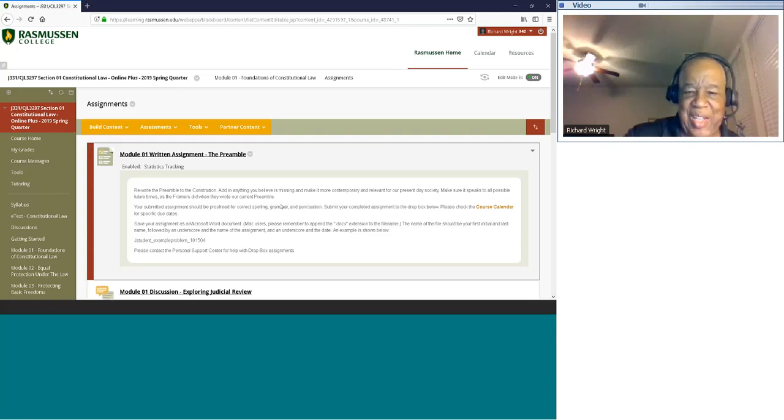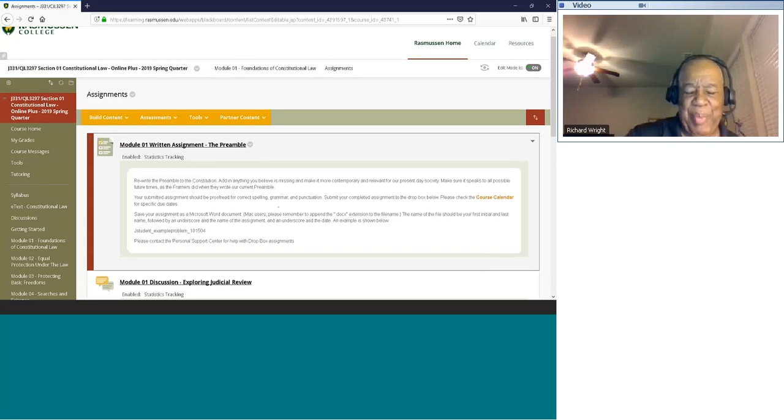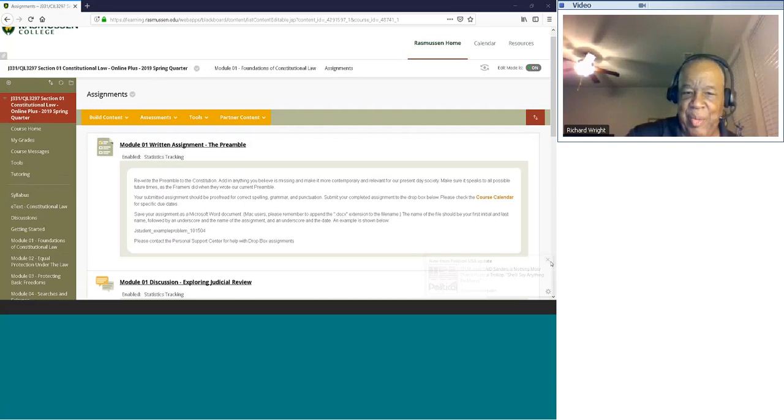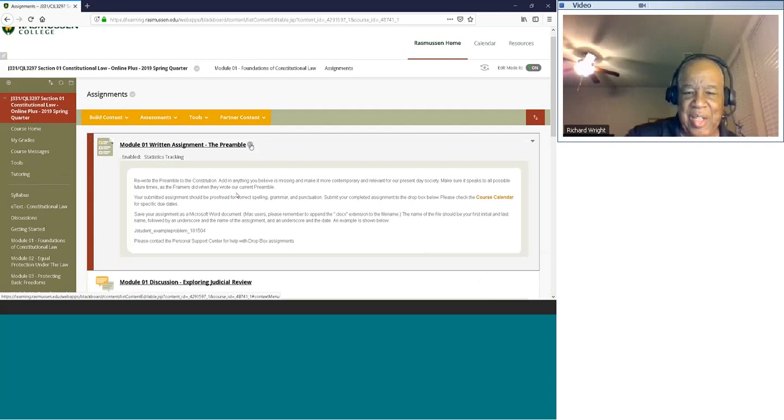Now, it doesn't say how many pages, but let me say this to you, good people. You're in college. It shouldn't be like a little short paragraph, 2 or 3 lines. It should at least be a page, at least. It doesn't say that, but remember, you're in college, and you also have to cover the issues that are in the rubric. And in order to properly do that, you are probably going to have at least a page, maybe more. And notice when it's due.